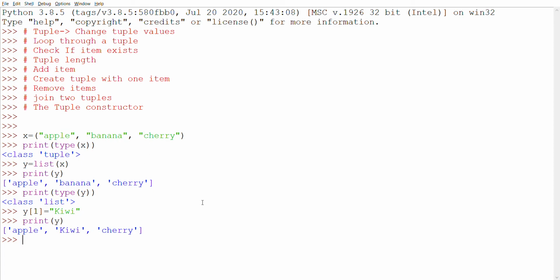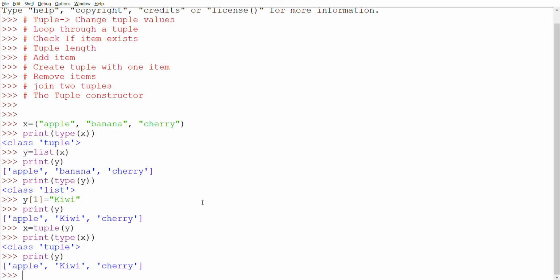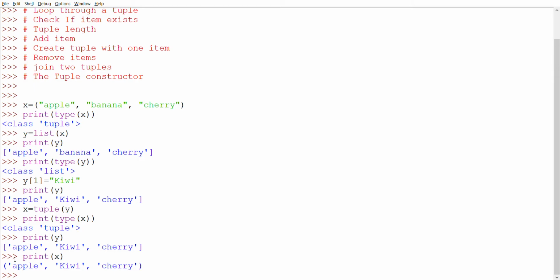Now I will convert it back from list to tuple. x equals tuple of y, and then print type of x. This is tuple, right? Now print y, this is a list, and x is a tuple. Print x. This is a tuple, you see the parentheses, right?